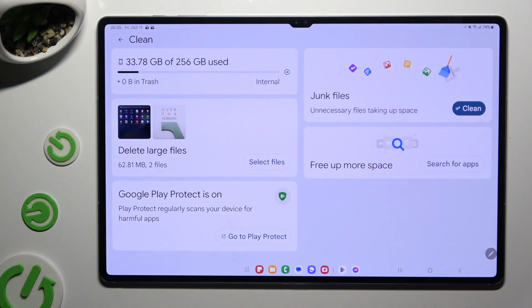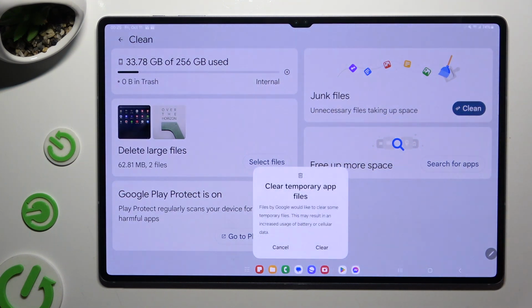Now all you need to do is hit Clean next to Junk Files and confirm your choice by selecting Clear